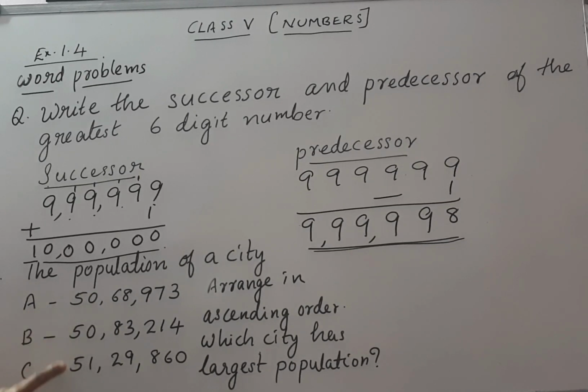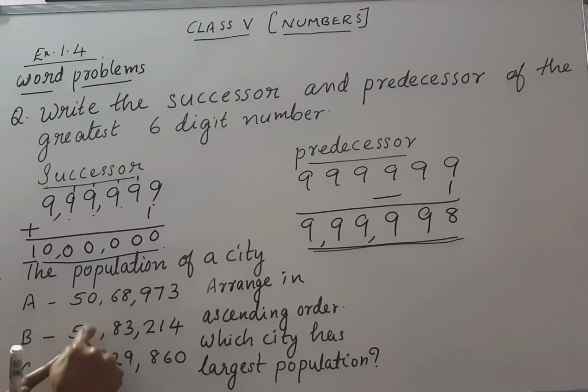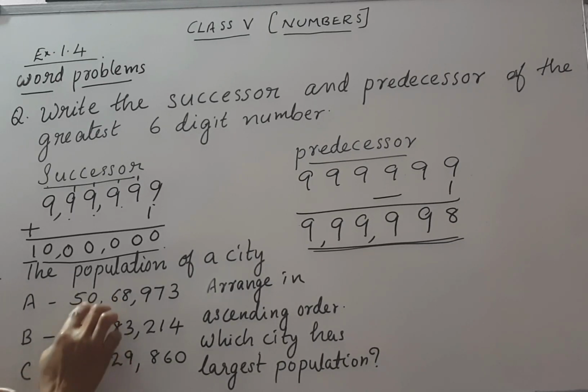In all the 3 numbers we can see 5 is the digit. So all are same. Now go to the next one. So here 0, 0, 1. So in that, which is the ascending order means smallest. So 0. So here these 2 numbers we can take. So 0, 0. Both are same.